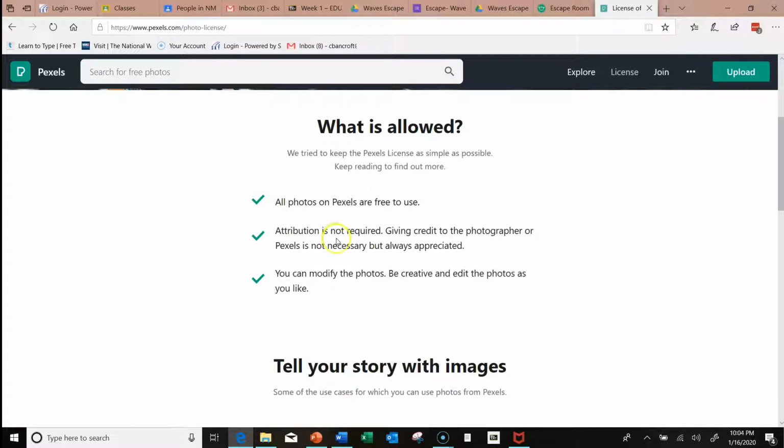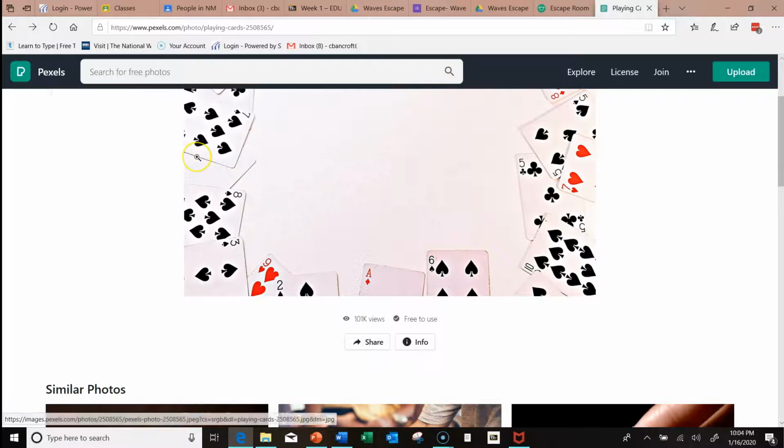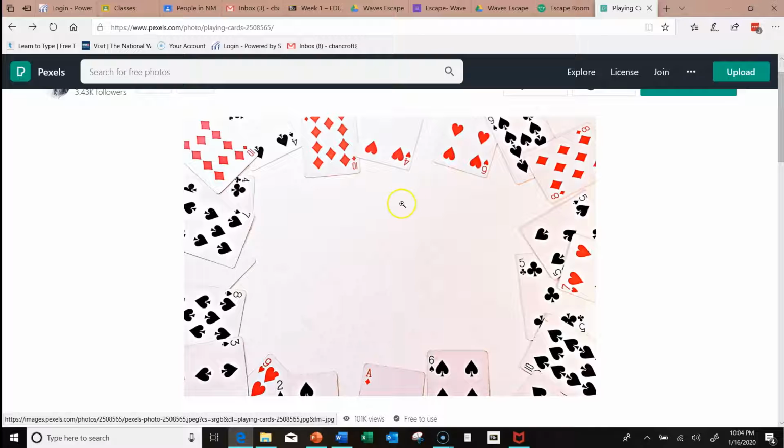So I like to give credit where credit is due, and you'll notice that when I could find somebody's picture, I did put that on those slides. I gave them some attribution down at the bottom. If it said we didn't need it, then sometimes I don't worry about it. But I like this picture, so I might pick this one, and then we could do something like saying, you